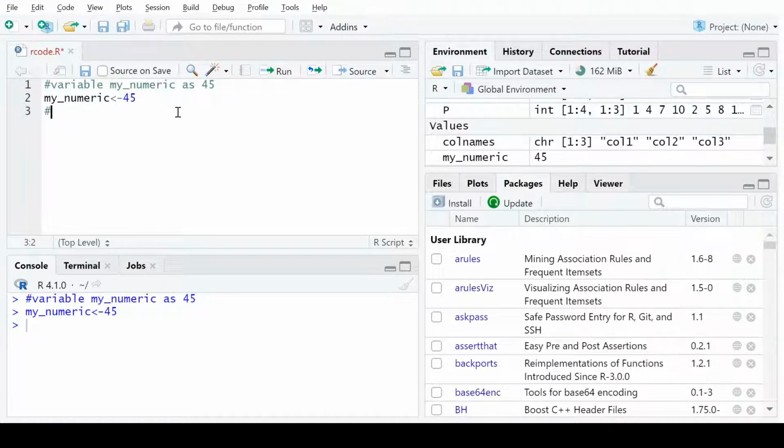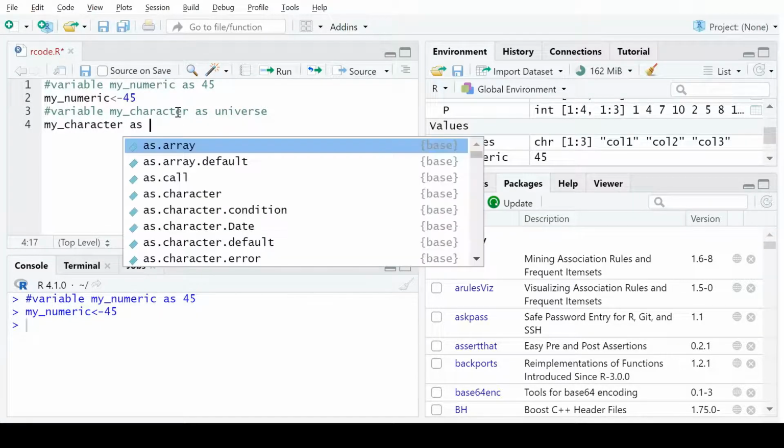Now we need to create a variable in the form of a character. Suppose the variable my character. Its value could be anything. Suppose we are writing universe.